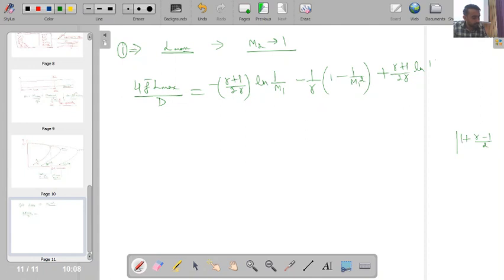1 plus gamma minus 1 by 2, so that will become 2 plus gamma minus 1. So ultimately it will become gamma plus 1. So here I am getting gamma plus 1. This gamma plus 1 is coming after I am substituting M2 equal to 1, and then in the denominator I will get, so this I am taking 2 LCM. So here also let me take 2 LCM. So I will get 2 plus,